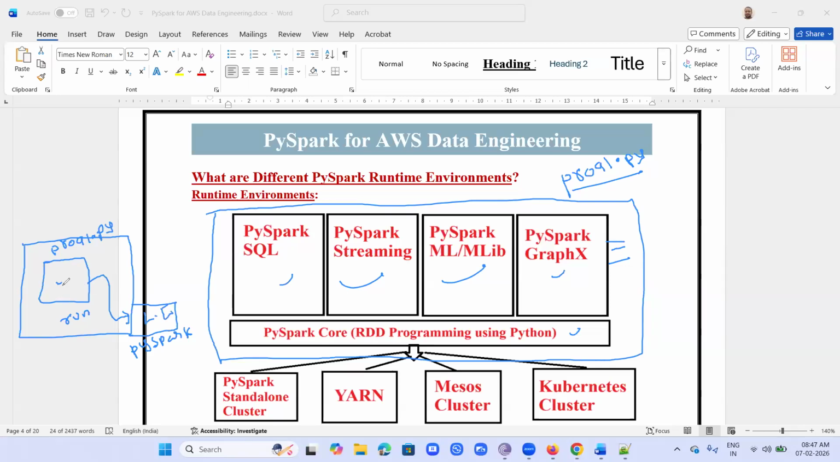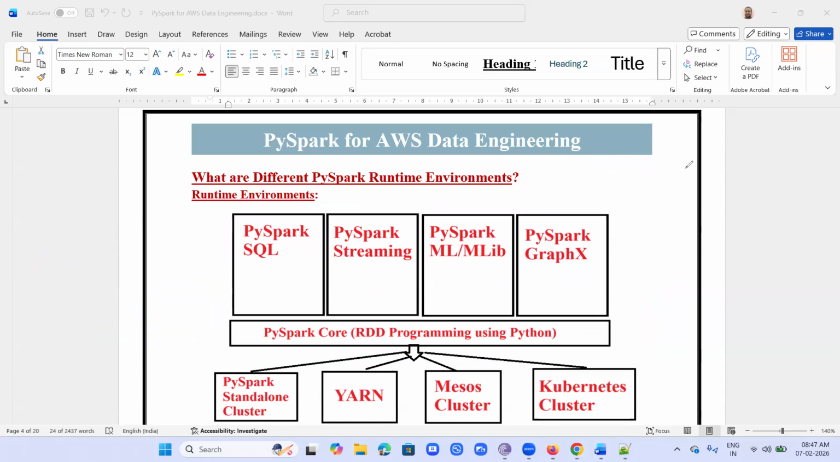Once this program has executed successfully, we are going to deploy this PySpark program on a PySpark standalone cluster, or a Yarn cluster, or a Mesos cluster, or a Kubernetes cluster. Let me explain. Let's say we will create a PySpark